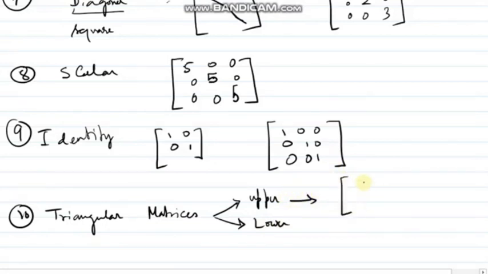Upper triangular matrices, this is, as I said, my principal diagonal. So below the principal diagonal, all the elements have to be 0. These elements can be anything. So that is my upper triangular matrices. Is it fine? And lower triangular matrices: whenever these elements 1, 2, 3 remain, this is 4, 5, 6, and above the diagonal all the elements are 0. So please be very careful. This is the concept of the triangular matrices.